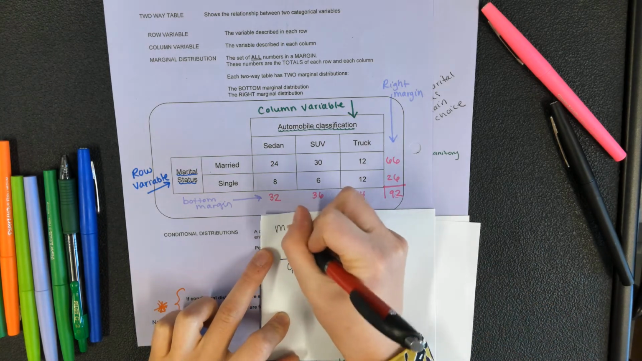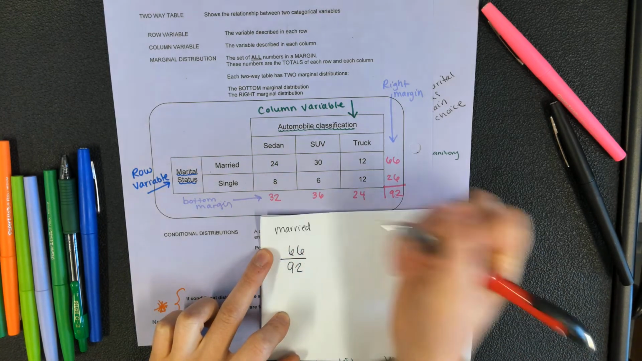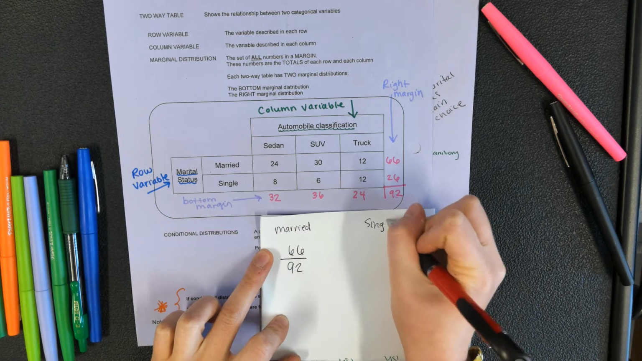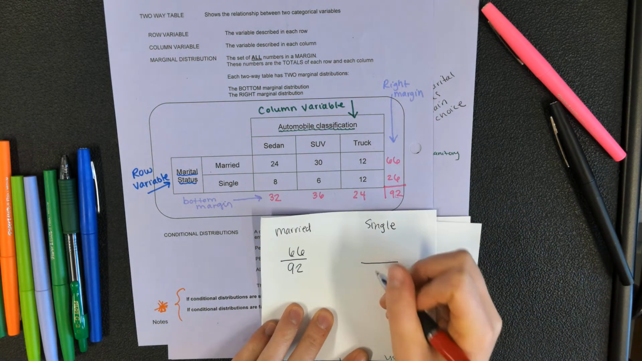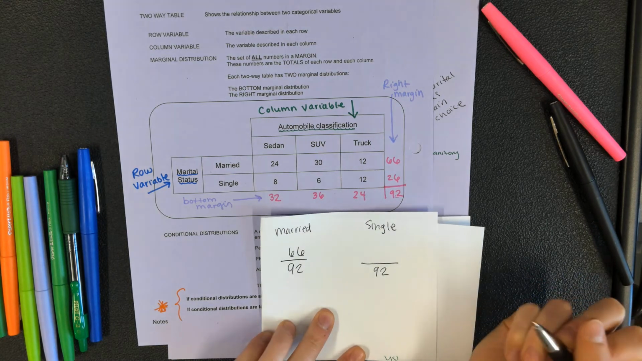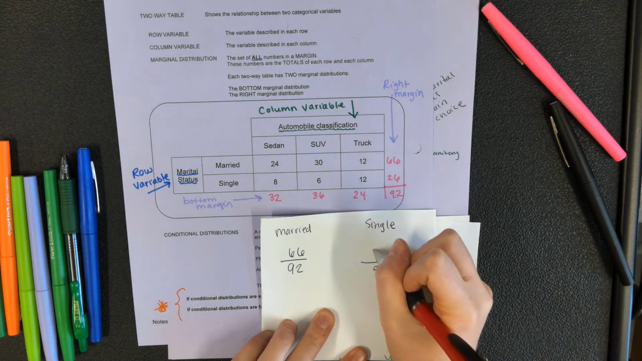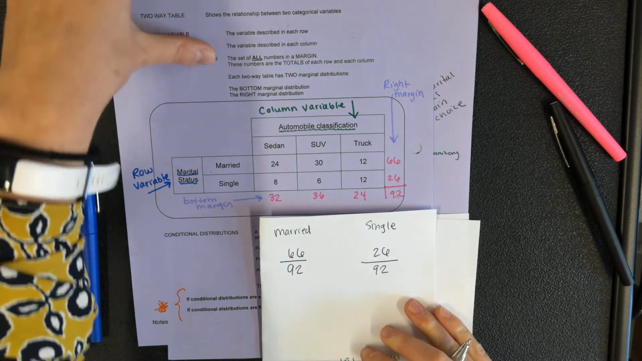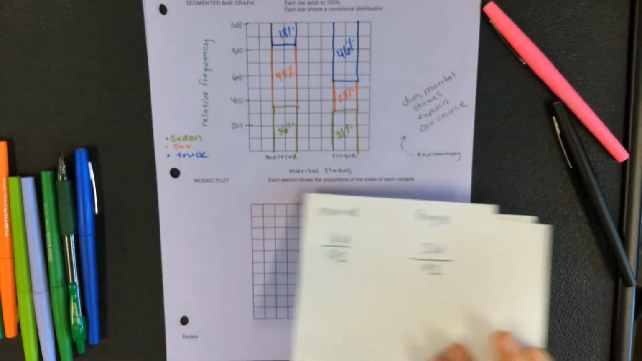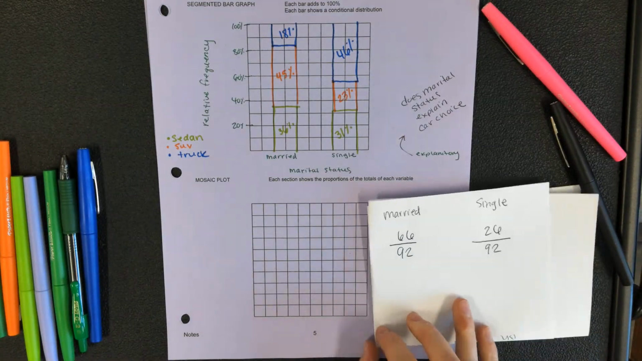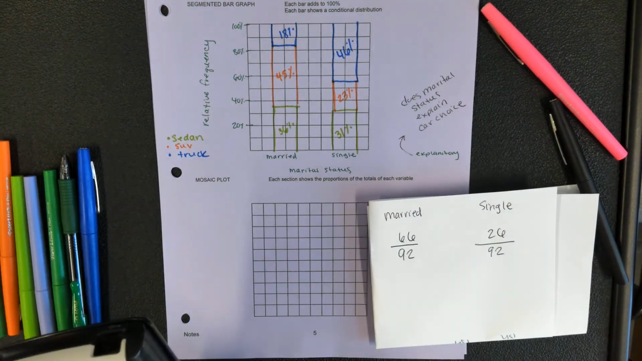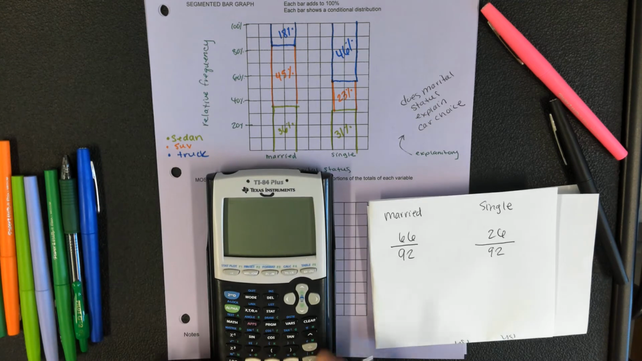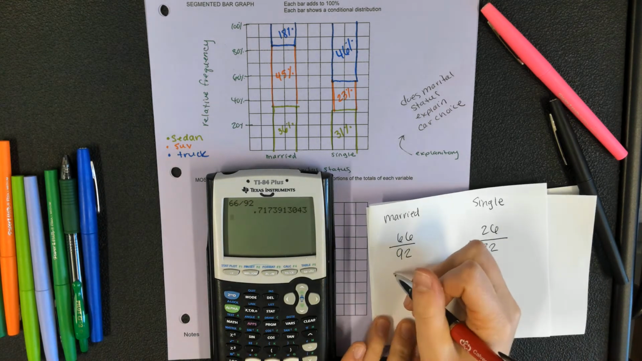66. This is for our married people. And out of all the people that we looked at, how many of them are single? Well, out of our 92 people we looked at, 26 are single. And so I'm curious to see, what percents of them do we have? So 66 out of 92 is